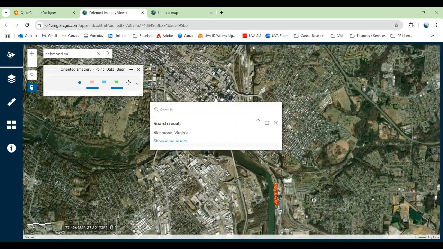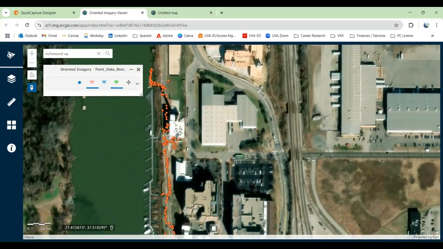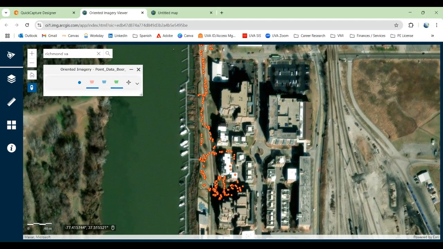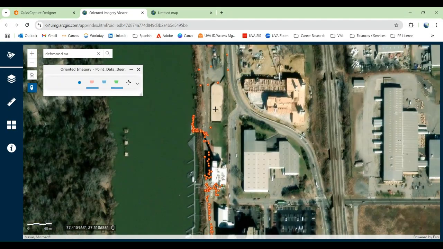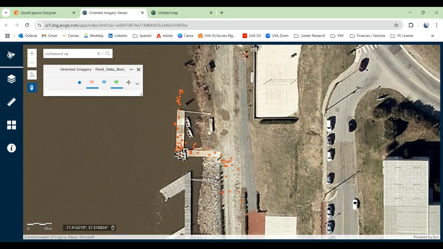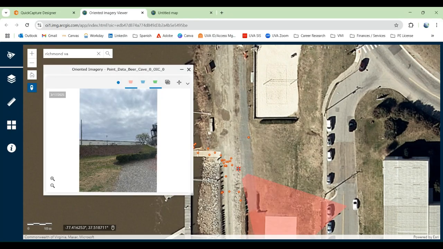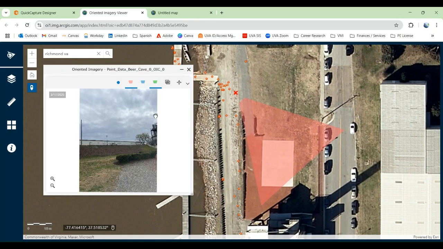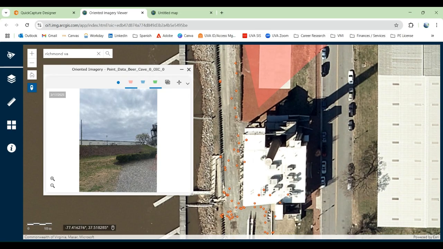It'll pop up here, and you'll be able to zoom in so I can see all of my point data here. Line data does not have oriented imagery, point data does. So I'll be able to zoom in, and I can click on any one of these points, and it will show me the direction I'm looking at. I can zoom in and out to see more specific